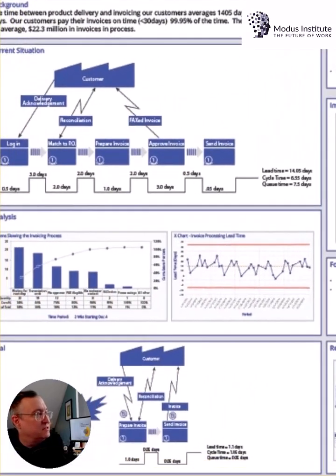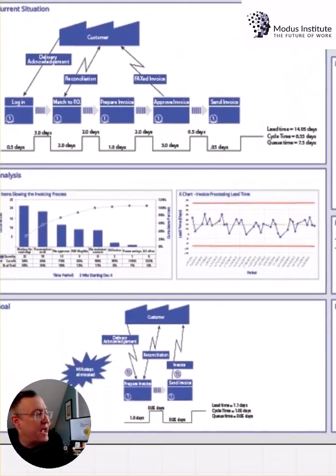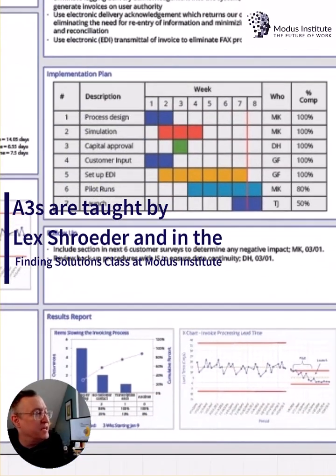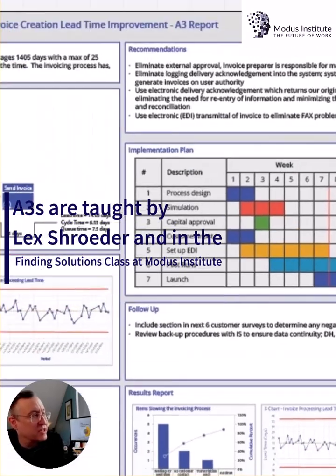So the beautiful thing about an A3 is that you have to go out and gather the information to finish it. What are we seeing? What's actually happening? What would we like to see? How are we going to get to where we would like to see? When we did those things, what actually happened?